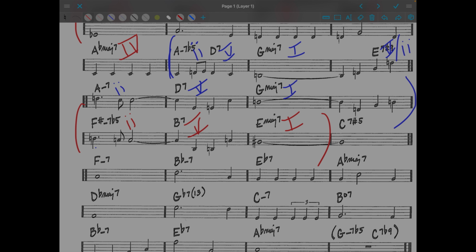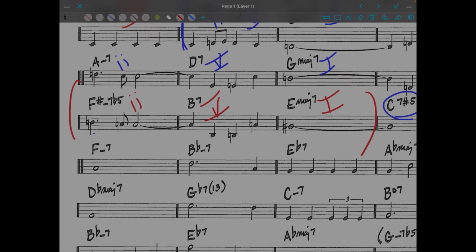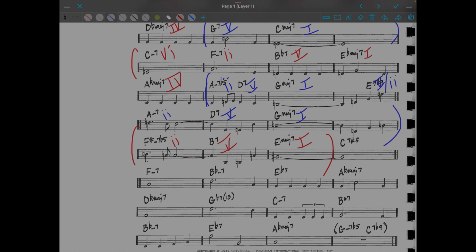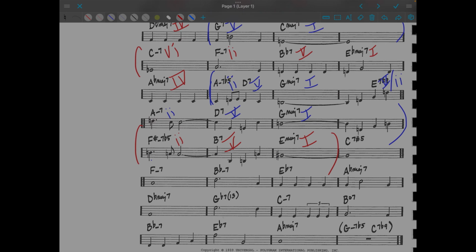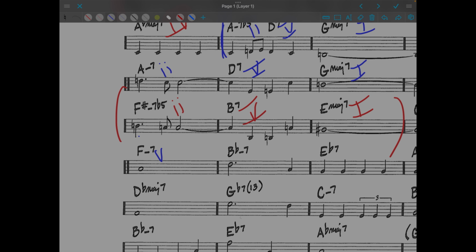Excuse me. Take a look at where we're going. Change colors here. So we are finally getting back to the key of A flat. I'm going to skip over this chord for just a second and take a look at this line and this line. They're exactly the same. Even the melody is the same. So it's safe to assume